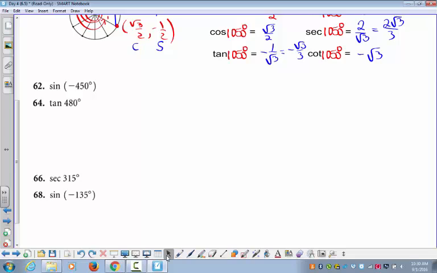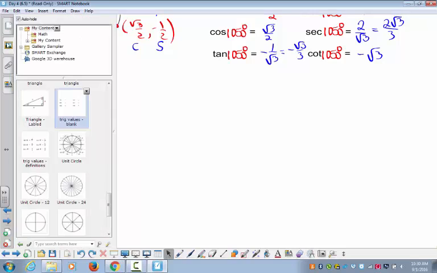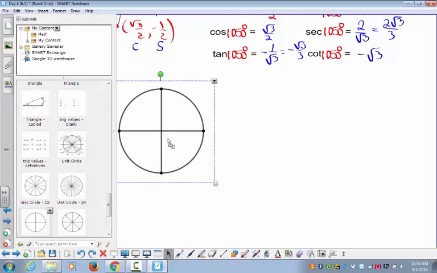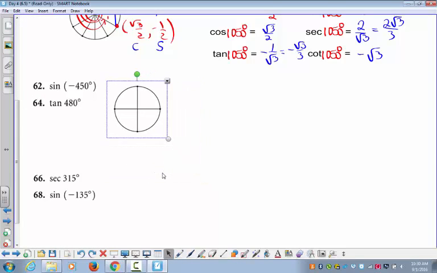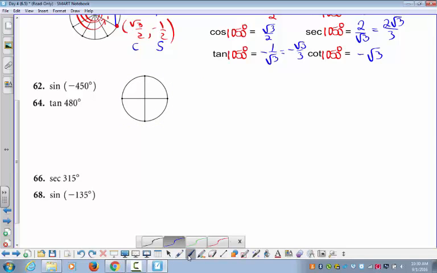Both? Also a multiple of 90. It's a multiple of 90. The multiple of 90, that means it's going to be a quadrantal angle. It means the terminal ray is on an axis, which actually means we could get away with just using a 4-sector circle if it's a multiple of 90. We don't really need to go to an 8 or a 12. So -450, there's -360, and 360 plus 90 is 450, so if we go the clockwise direction, this will be -450